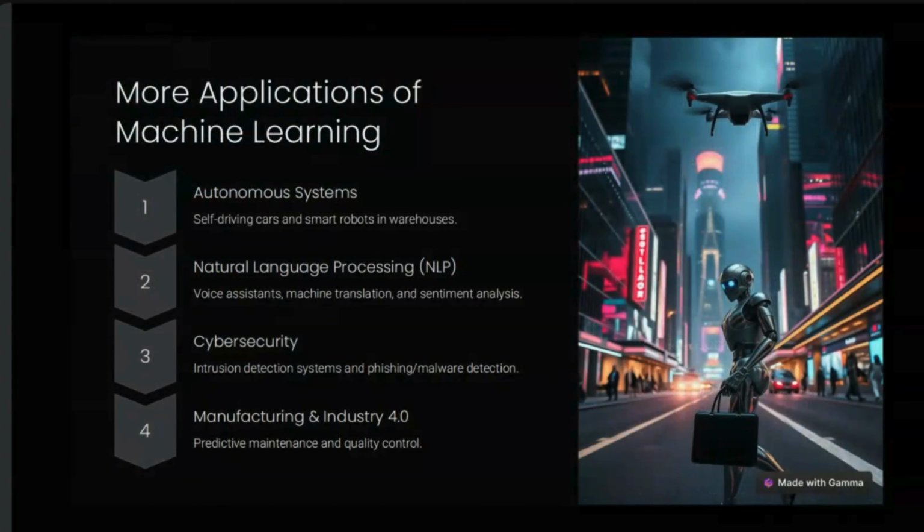More topics: autonomous systems like self-driving cars and smart robots in warehouses. In a warehouse there are very heavy things, like heavy boxes. We have to arrange those boxes, and for that we would need 50 people, but with robots we only need 25 robots to complete that task easily. In a warehouse we have to maintain things. Self-driving cars are one example of an autonomous system.